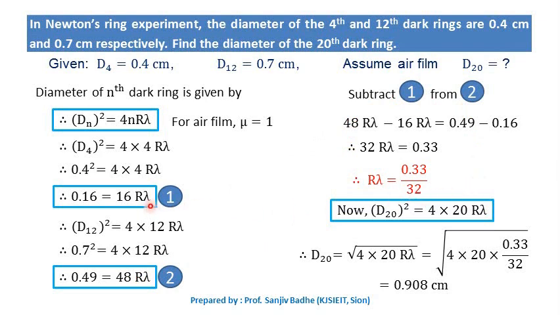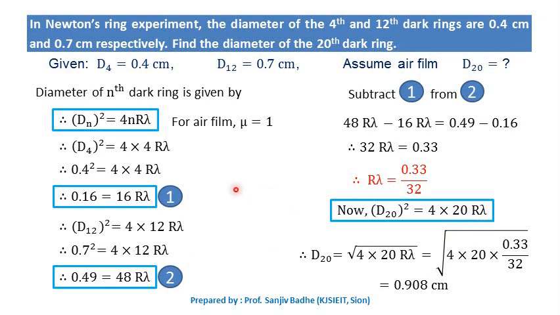If we calculate r lambda only from one reading, there may be an error in it. So if 2 readings or more readings are given, then we will have to utilize those readings also to calculate the value of r lambda, so that the error in the value of r lambda will be minimum. So even though it is possible to calculate r lambda from equation number 1 only, we are utilizing both equations for calculating r lambda just to reduce the error in the value of r lambda.